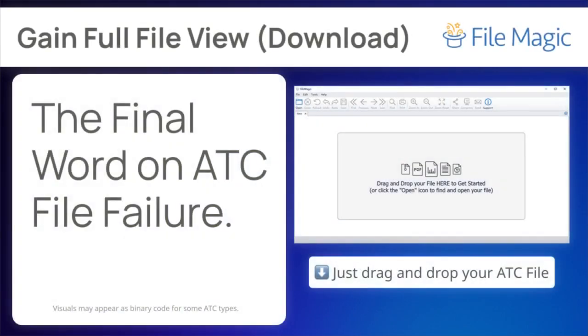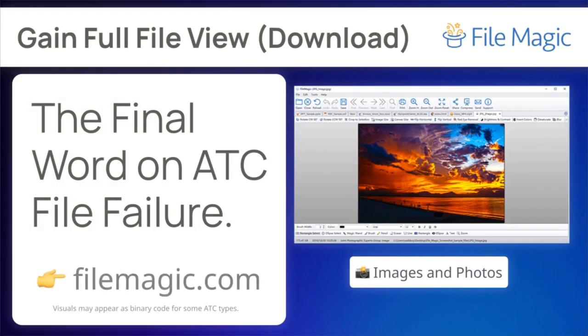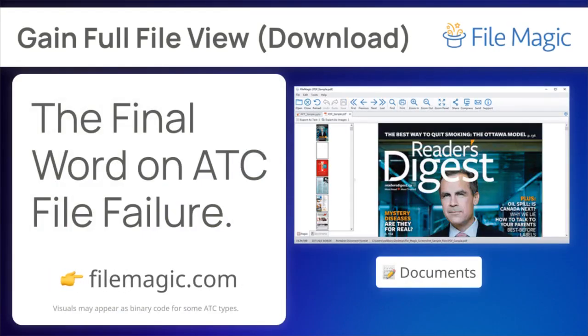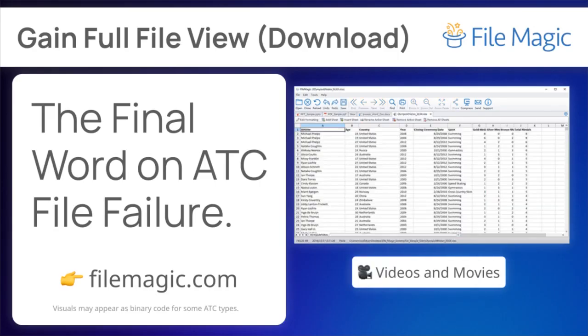When even the specialized programs couldn't crack the file, the issue is beyond simple fixes. FileMagick is the next step, a powerful universal program designed to read the hundreds of formats that frustrate Windows. Find it at